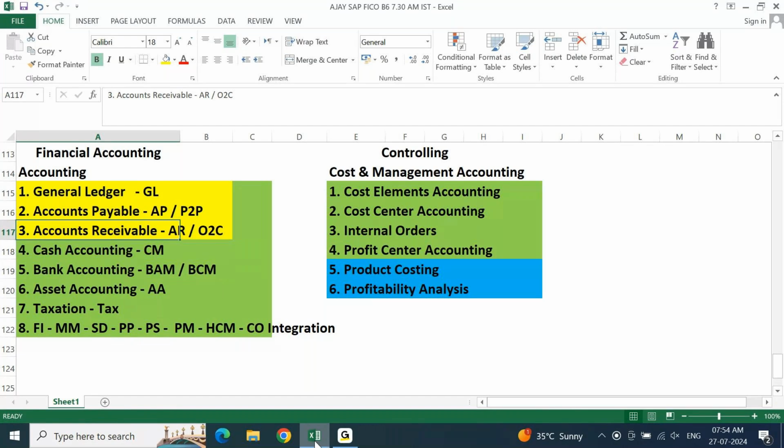Most people do practice, but still they say, no, I'm not good at accounting. Then how did you configure, how did you post entries, how did you pull the report, on what basis? Nobody knows. There are many people like that who say they are not good at accounting. Then how did you practice SAP FICO? How did you complete your SAP course? How come you're attending interviews and telling them you're not good at accounting? You're not sure, you're not confident, you don't know the accounting entries. I don't know which account will be debited, which will be credited. No, I don't know. Then you completed your course, you completed your practice, you practiced multiple company codes multiple times.